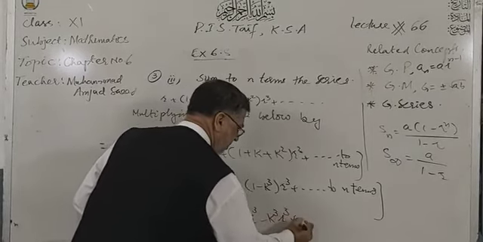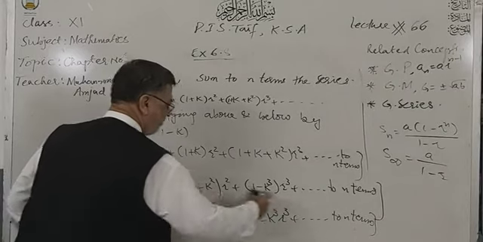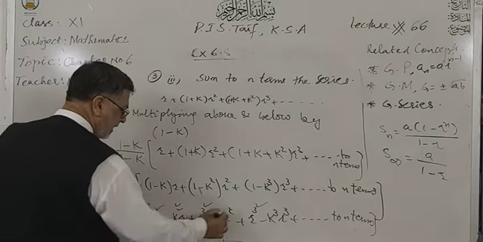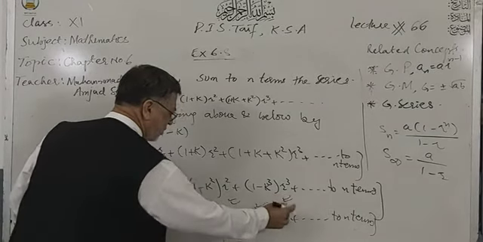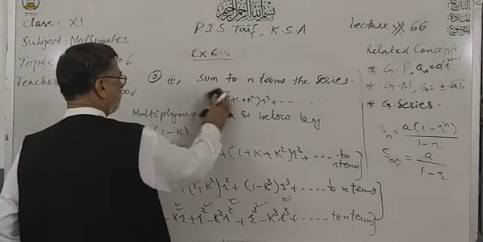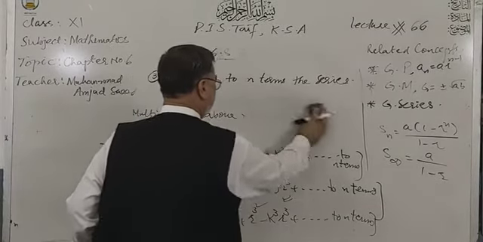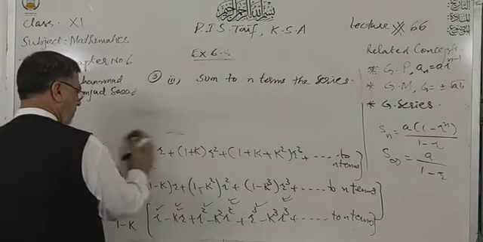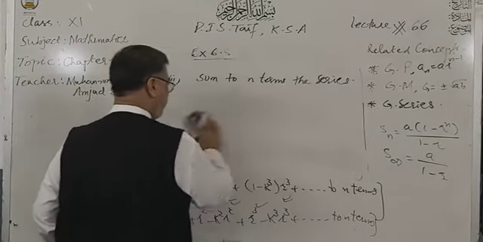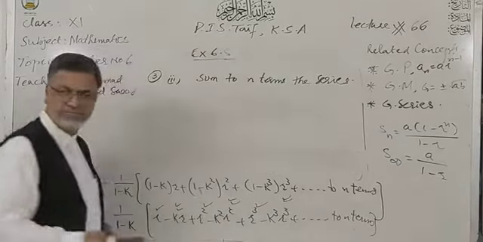Now we have basically two geometric series. One is starting with r, r squared, r cubed up to so on. Similarly, the second one is minus kr, minus k squared r squared, minus k cubed r cubed, like that. So we have two geometric series. These are proper geometric series now. Now we can apply the formula. First of all, we will arrange them in the proper order. Then we apply the formula of Sn.